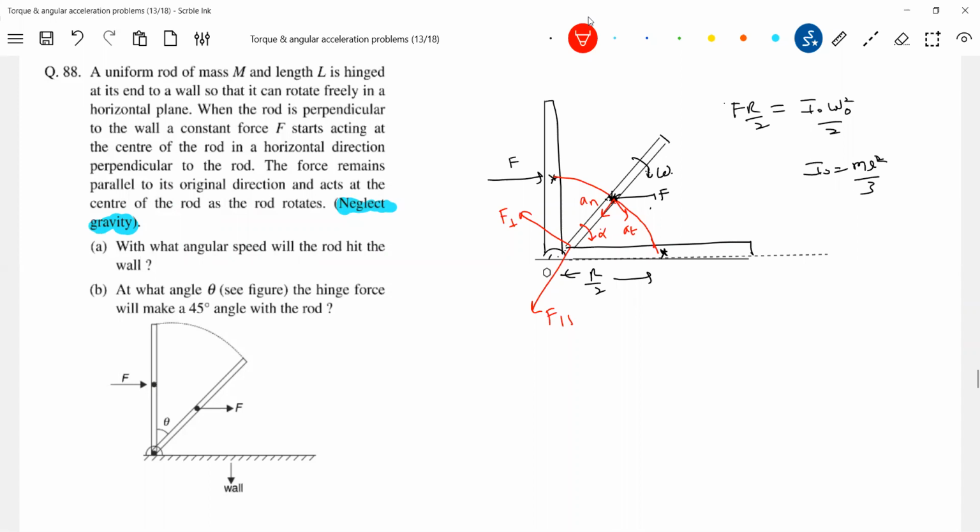Can you work it out? I think F parallel, how should you calculate? A component of F also will come. This F also will come. And F parallel. Then you know omega at any position, at any angle theta. Calculate omega, and what is alpha, also calculate the torque. Then you know A tangential. So then you should resolve all. Please do work it out. We've done many problems on this hinge one, no? I'll give the answer, so you verify it. Tan theta is 1/10.